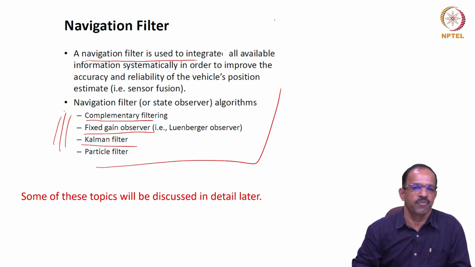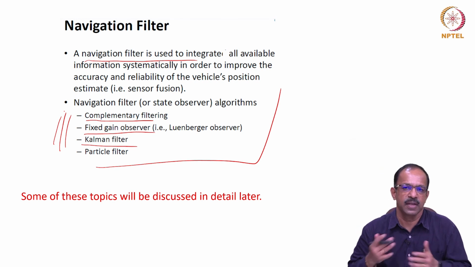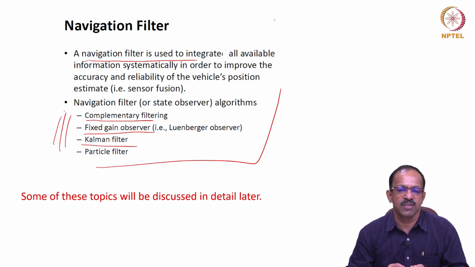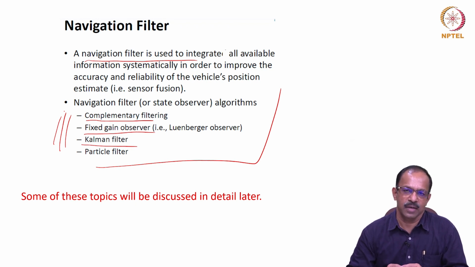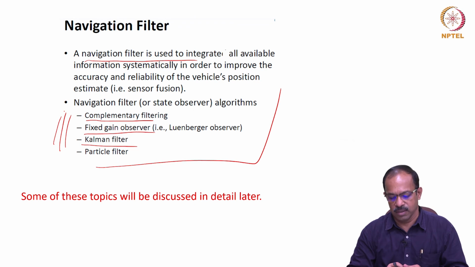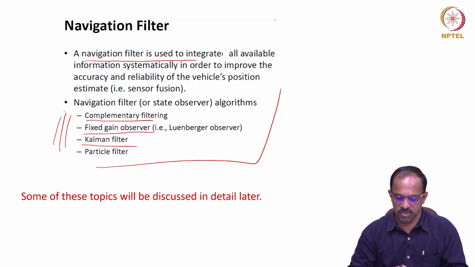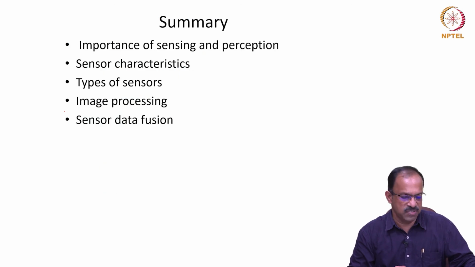We will be talking about some of these filters, not all the filters, but at least I will be discussing 1 or 2 filters and see how these filters can be used to fuse the information from sensors and then estimate the position of the robot in a much better way by reducing the error propagation or reducing the error in the estimated position and attitude of the robot. So that will be discussed in the next few classes. Okay, so let me conclude the discussion on sensors with that.